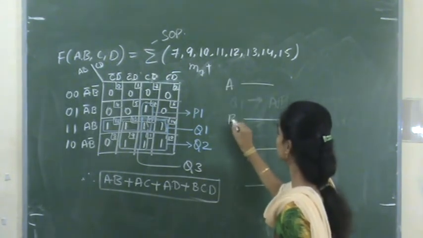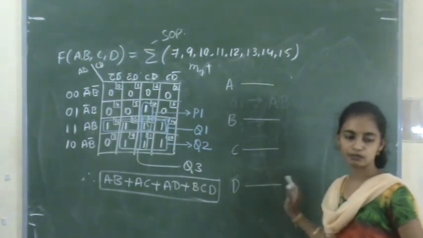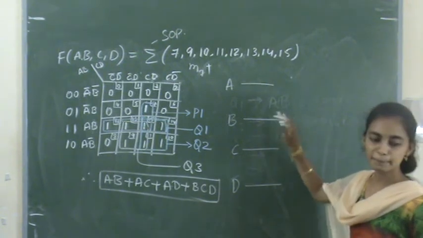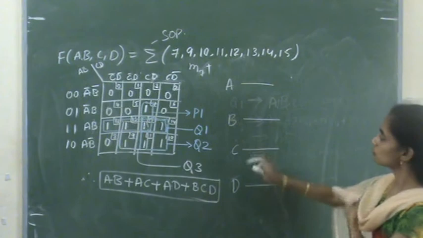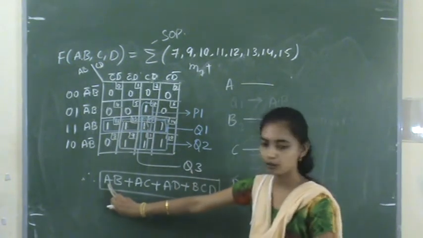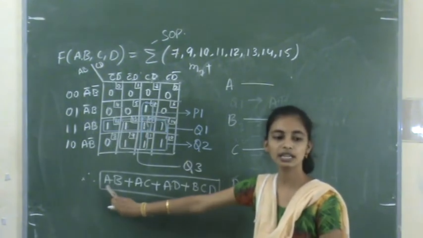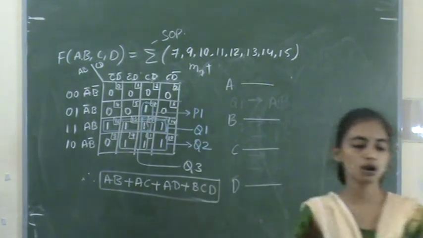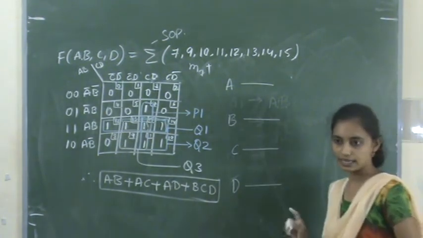We have 4 inputs, so I am taking 4 inputs. Which terms do I have to combine to get a result? That is the question. See here, first we have to do AB. What is this AB? Here A and B are performing the AND operation. How to write the AND operation? With the AND gate.